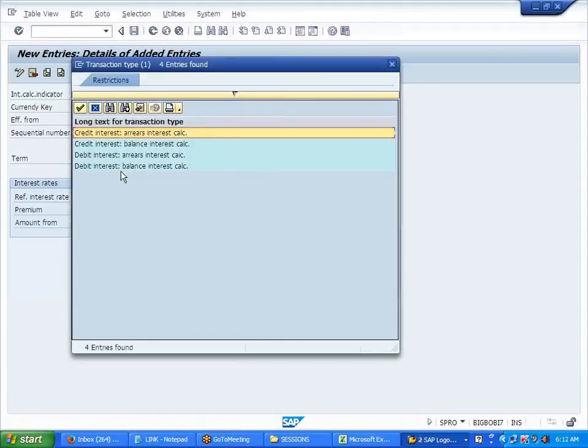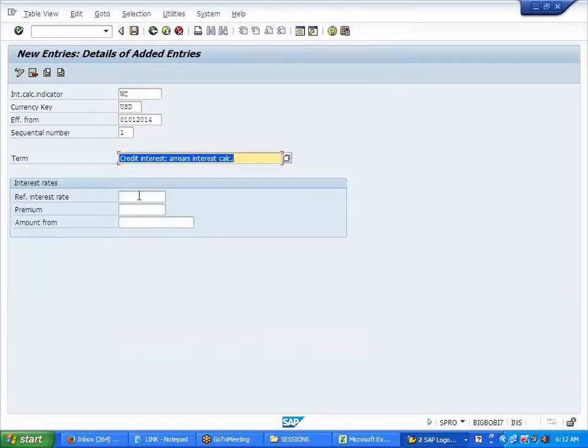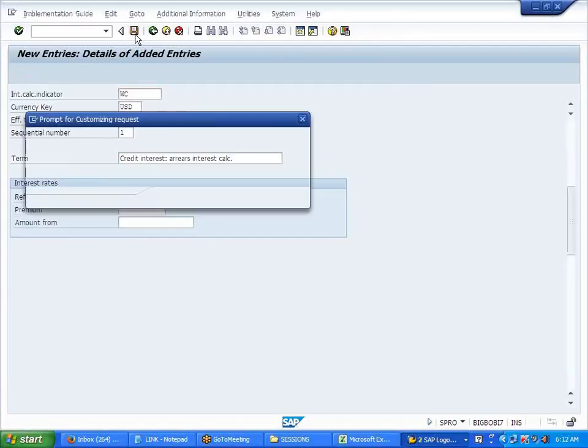First I'll take the credit interest areas for this. Let's say W12, we took it. I'll save it.